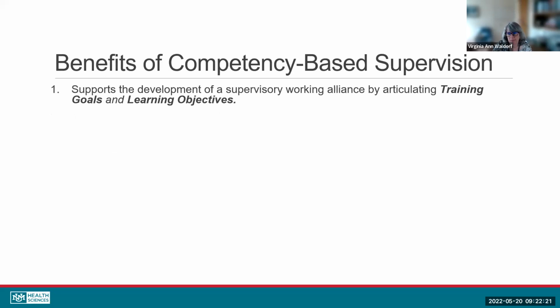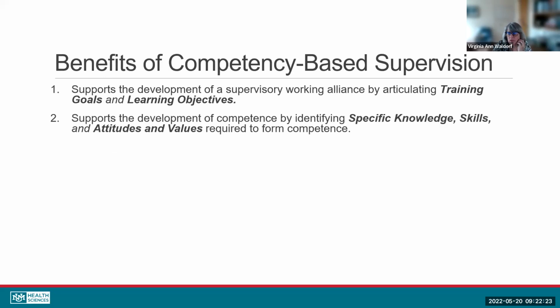and not the intern. It also supports the development of competence by identifying what knowledge we expect an intern to have, what skills we expect, and what are the attitudes and values? And people may go, well, what does that mean? Well, in my own setting at ASAP, what that means is by the end of hopefully the first week,